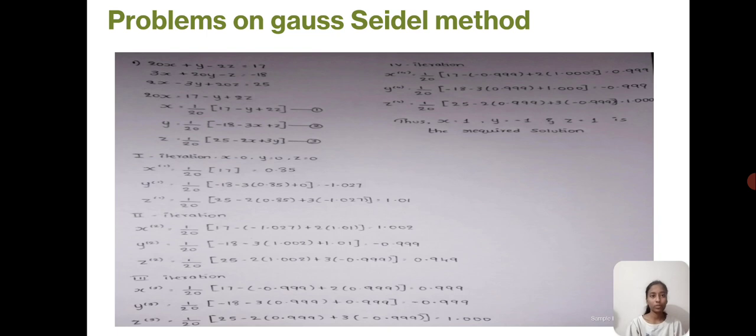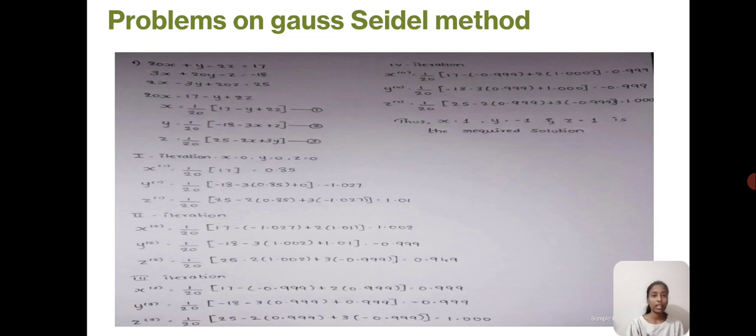Let us see problems on Gauss-Seidel method. 20x plus y minus 2z is equal to 17. 3x plus 20y minus z is equal to minus 18. 2x minus 3y plus 20z is equal to 25. 20x is equal to 17 minus y plus 2z. x is equal to 1 by 20 of 17 minus y plus 2z, equation 1. y is equal to 1 by 20 of minus 18 minus 3x plus z, equation 2. z is equal to 1 by 20 of 25 minus 2x plus 3y,